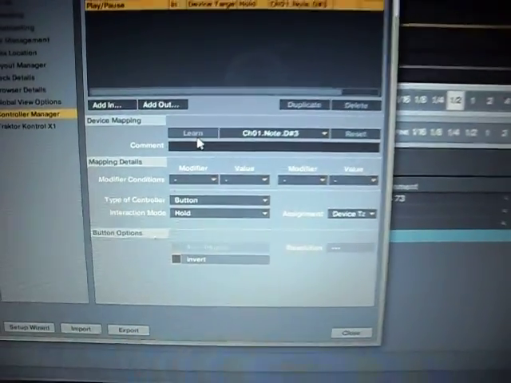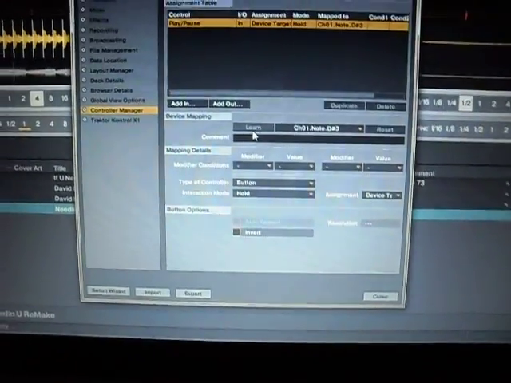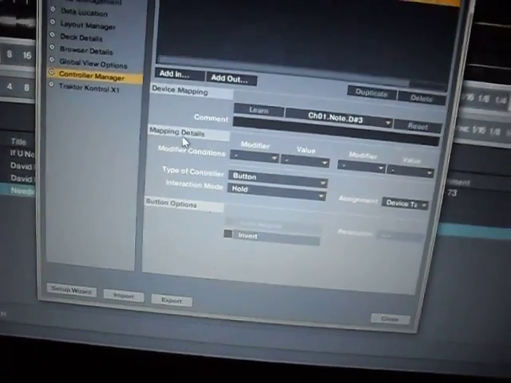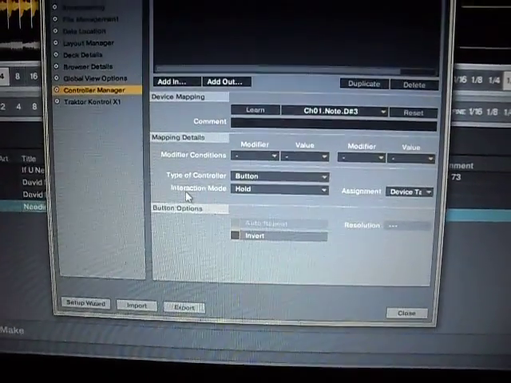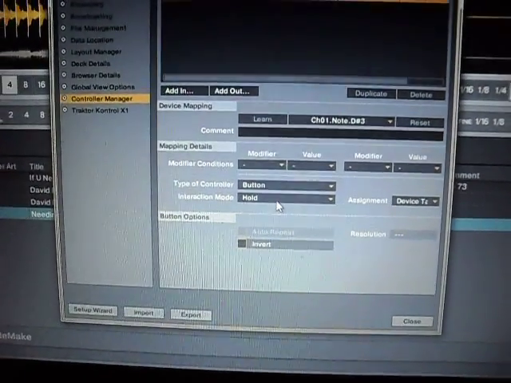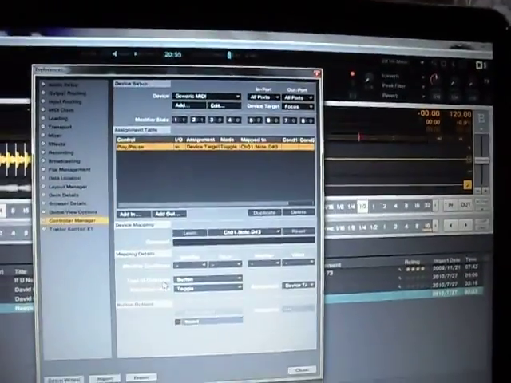Now this is another problem that you might have. It's just holding the button down. Once you've done that, it plays the track. Once you release the button, it will pause it. We can overcome that simply by coming down here into this MIDI details section, and where it says Interaction Mode, we bring down the drop down menu and hit Toggle. So it will toggle on or toggle off, and play and pause. Very simple. So if we go like this,